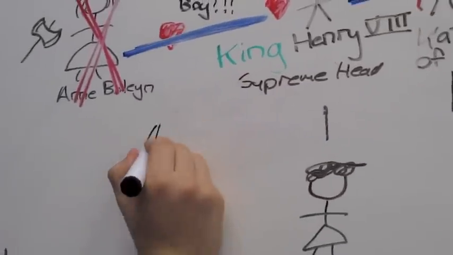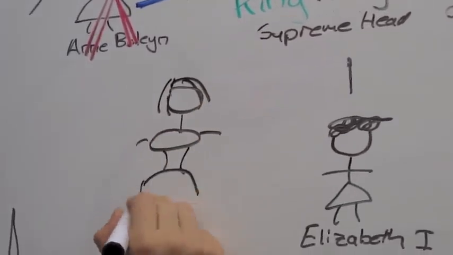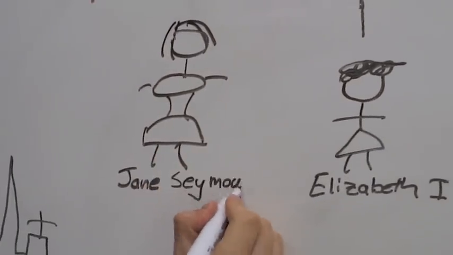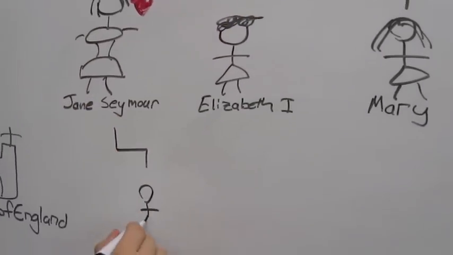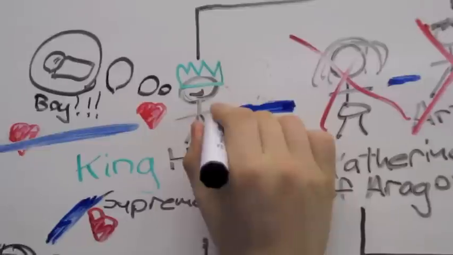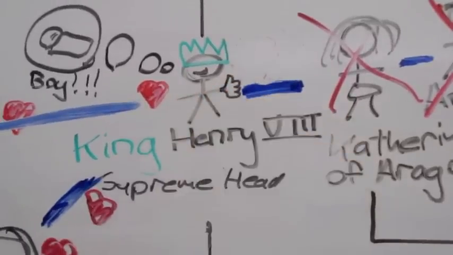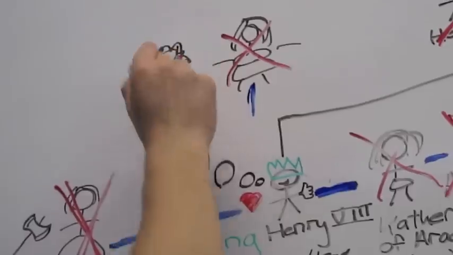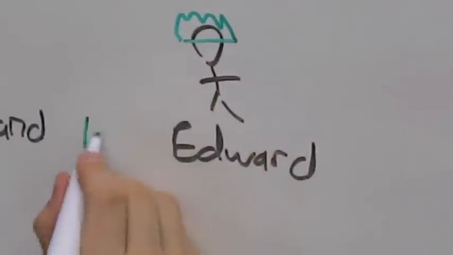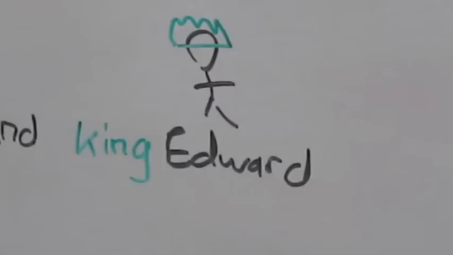Now King Henry had his eyes on Jane Seymour. They got married, and this time she produced him a son, Edward, and King Henry's happy. However, Jane Seymour died during childbirth, and Henry would have 3 more wives, neither of which are relevant to what we're discussing today. So when King Henry dies, Edward becomes king, but he's only age 9 when he takes the throne,